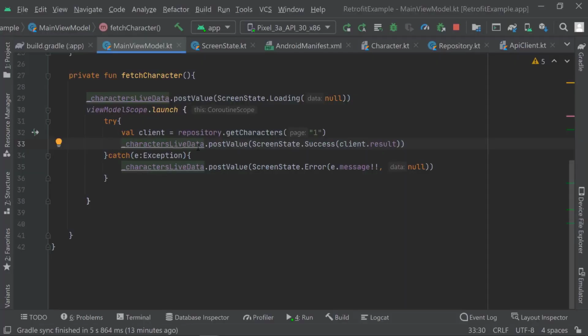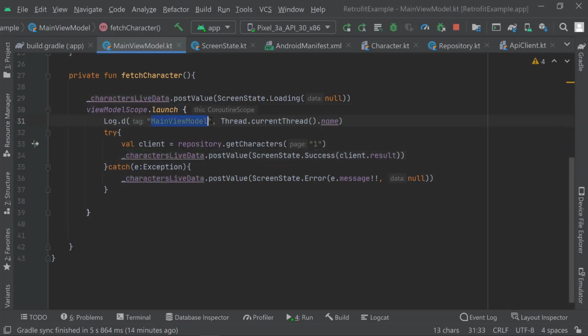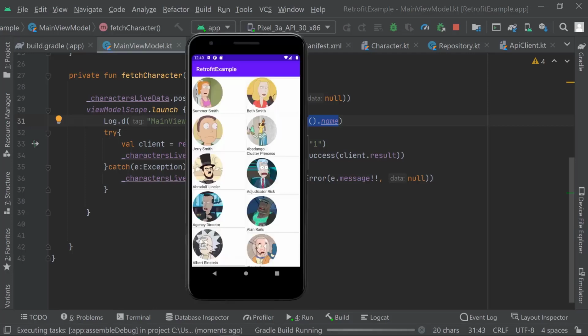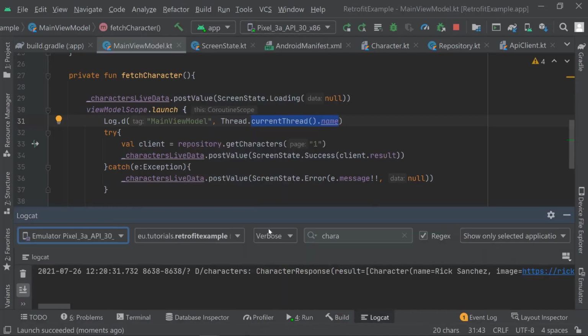So for now, let's see on which thread our operation is running. And as I told you, it's going to run on the main thread. So here inside of my launch, just before the try, I'm just going to say, okay, log.mainViewModel, just let me know the name of the current thread that you're running on. So let's run this application real quick and go over to our logcat once it is loaded. All right, so it's running, and now let me search for main view model,